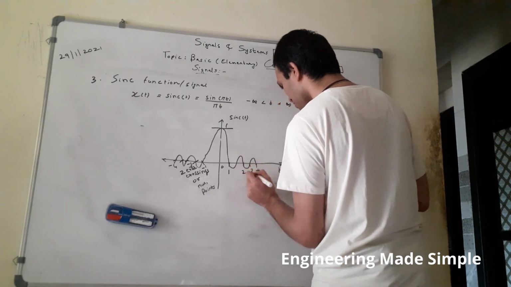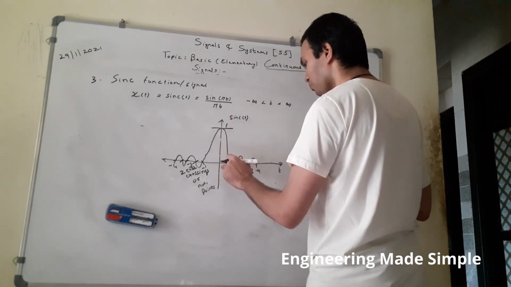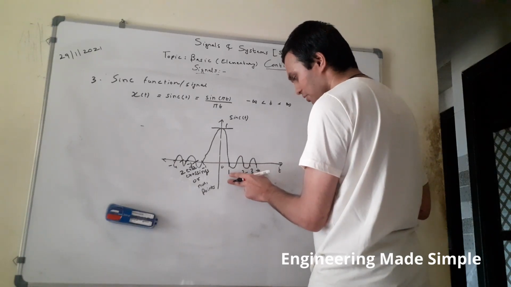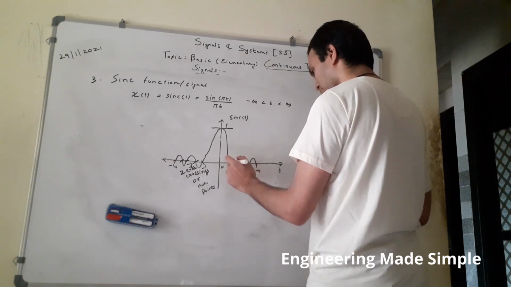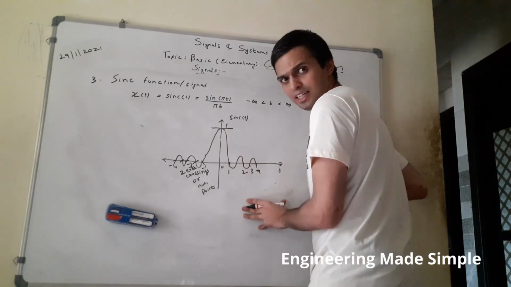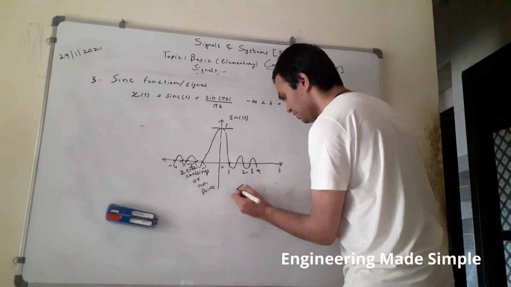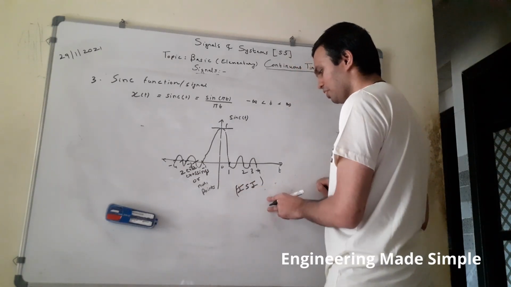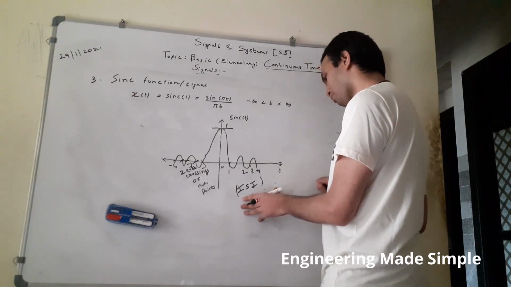the signal crosses 0. Only its value is 1 for the t equal to 0 case, and for the rest of the integer values, both positive and negative, the curve touches 0. Only at t equal to 0 it is 1. So this signal is used to reduce intersymbol interference, or ISI, in digital communication systems, in order to improve their performance.